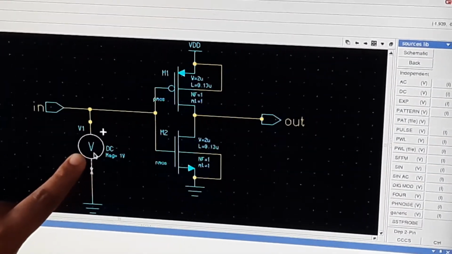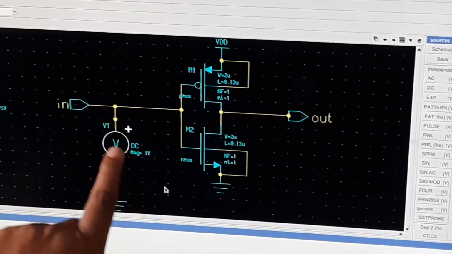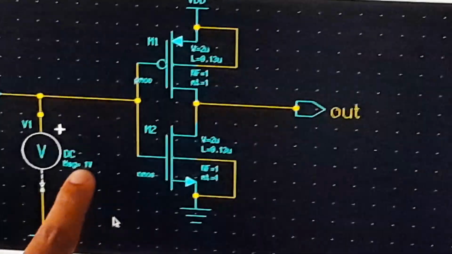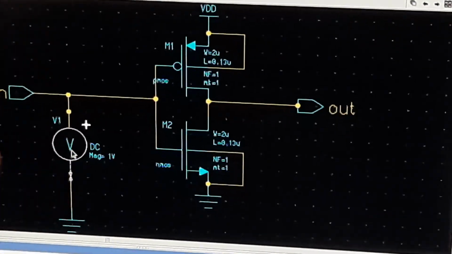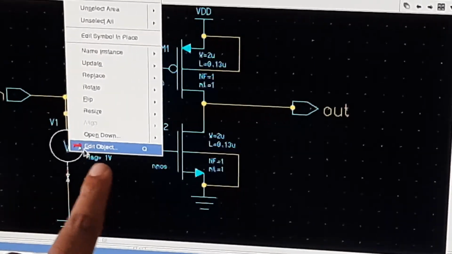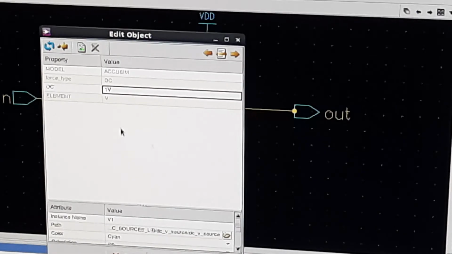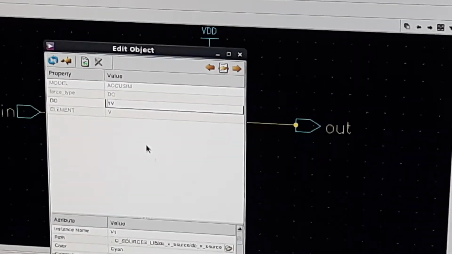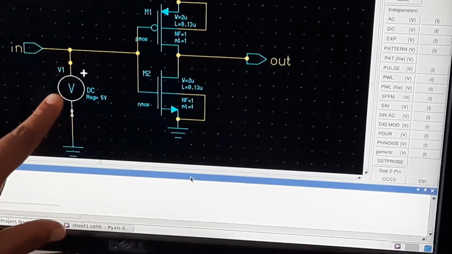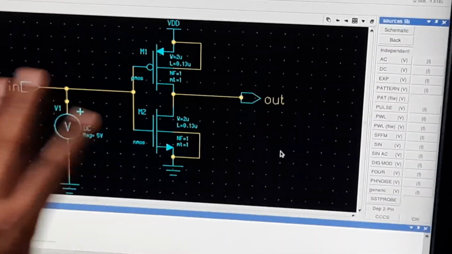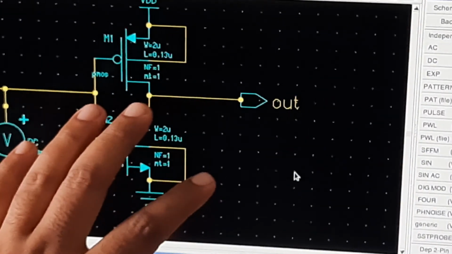Now my DC signal is available. The magnitude, the peak to peak voltage, is 1 volt. You can change this also. You just right click and edit object. Suppose my input DC signal is 5 volts. So this is a DC simulation circuit.